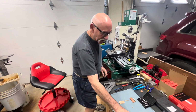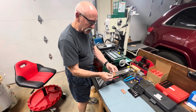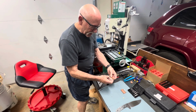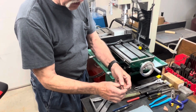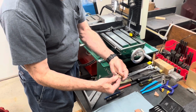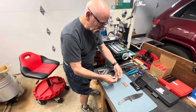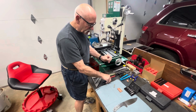What I've got going today is I have tried to make 2 dissimilar metals fit together to make a finger guard. In order to do that, I had to take two pieces of metal and match them end to end. And the way to do that was to drill 2 holes in each one and then put pins in the holes, like so, and then match them together pin to pin. And I had to try 2 different methods, because in order to get these holes exactly the same, and they have to be exactly the same, otherwise they won't fit together,